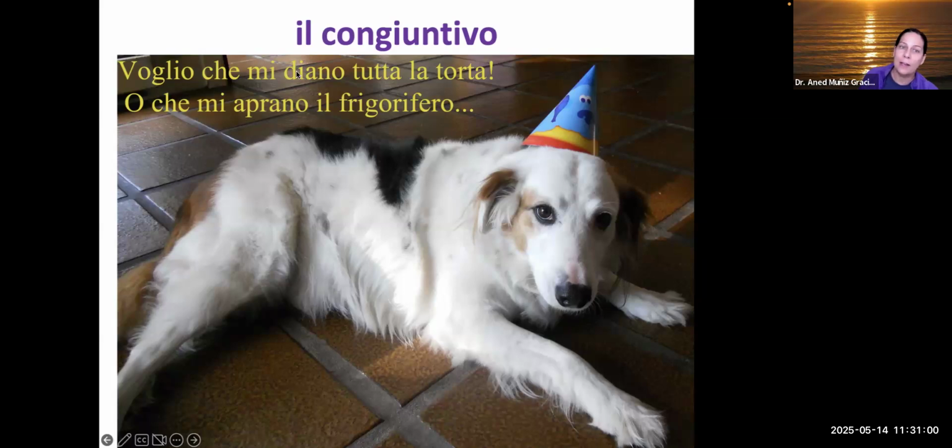But if you see here, dare, you see this is different. This is one of the few true irregular verbs. There are not that many irregulars, which is good to know, right? And then aprire, you see that is an ire verb, and then all of a sudden you have an A there, right? Although if you know other languages like Spanish, abrir, "que me abran," it does exactly the same thing.